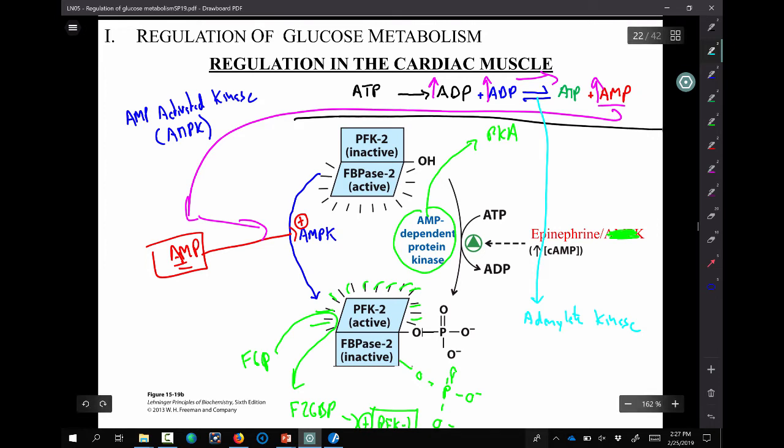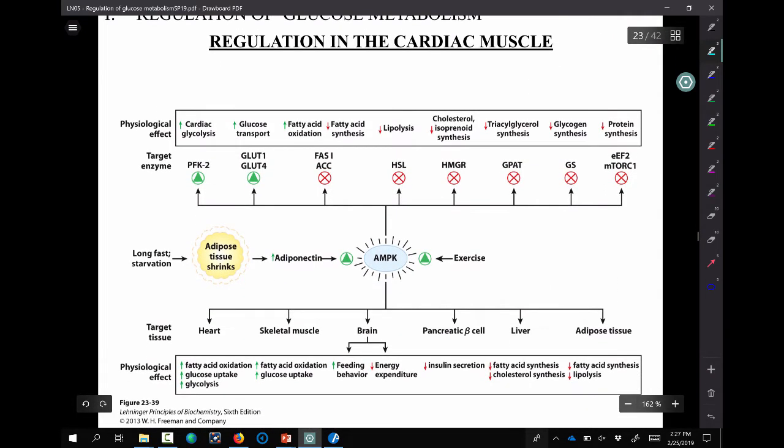Okay, real quickly. AMP kinase, we need to talk a little bit more about that. This is the first time we've been introduced to that, but let's go here to give you an idea. And this is big picture now. I'll kind of cut this one in half too. We'll start looking at the top half of this, and then we'll kind of move to the bottom half for a little bit, but not that much to look at down there. Okay, so AMP kinase sits in the middle of this here. All right, and I'm going to go ahead and highlight this exercise.